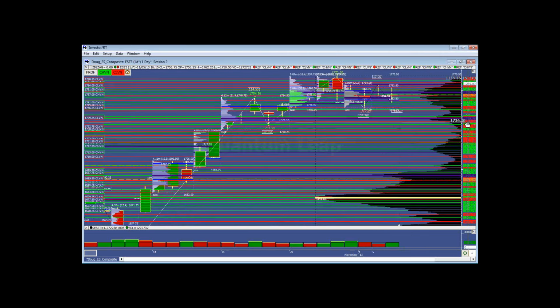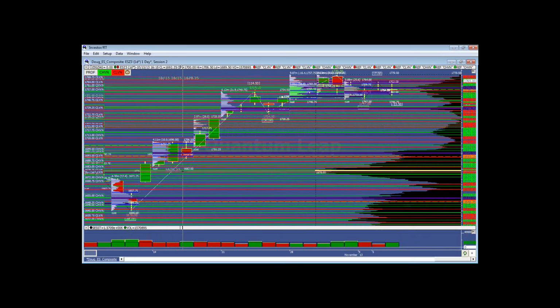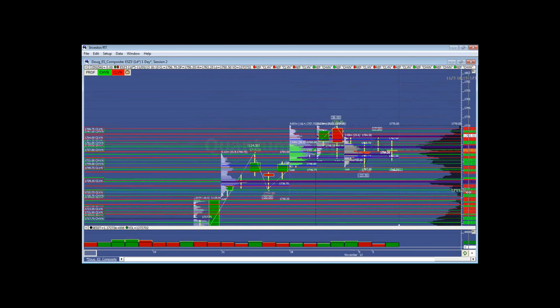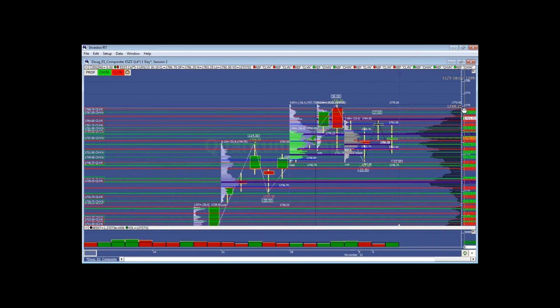You can see from where we started, we had gap, we have gap, we have gap, and now we've got another gap here. And we've been stuck in these wicks. We've been trading inside of these wicks as they whip around and try to define value. But I think now that we've come back up to the 1765, we're going to open auction out of range